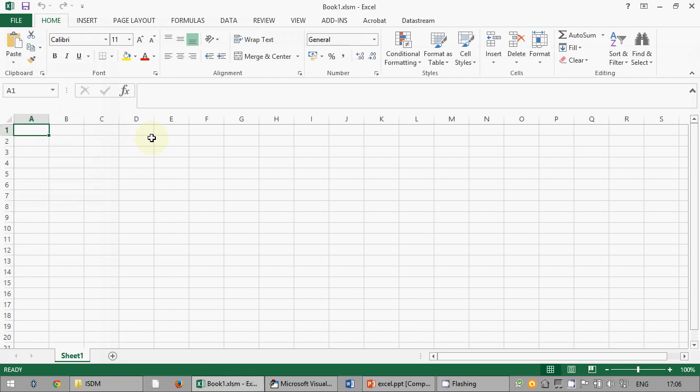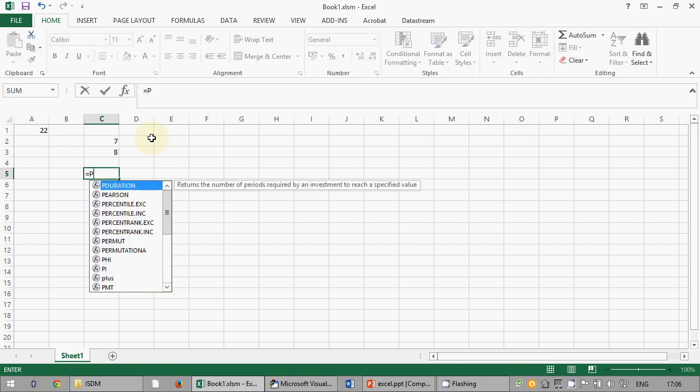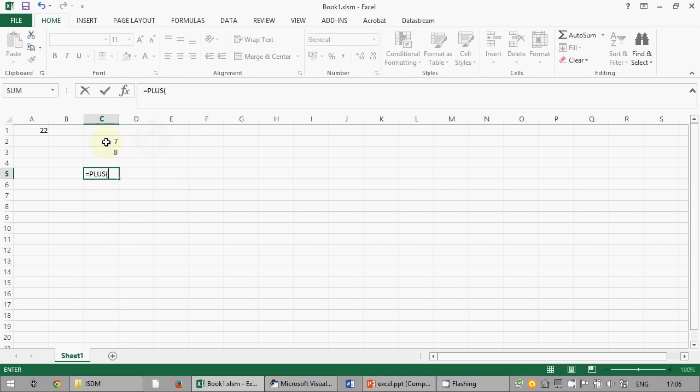I go here, all right, equal plus. Can you see there is a function called plus? 7 semicolon. It's very strange that here you have to use the semicolon. 15. The result should be 22. 22. Okay. It works even if you put the numbers here. Okay. So you now have this new function plus.